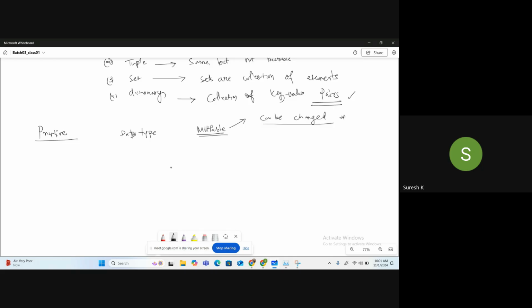Can be changed. The value can be changed during the program.